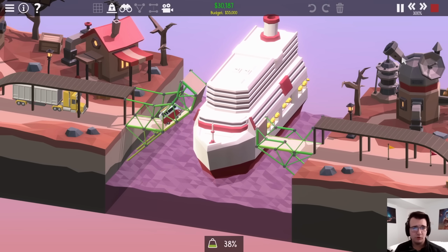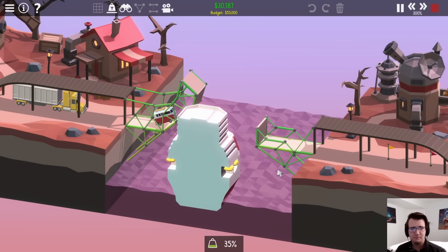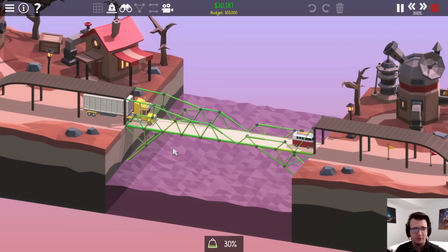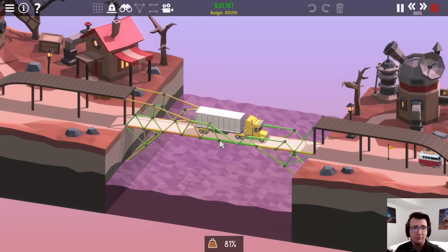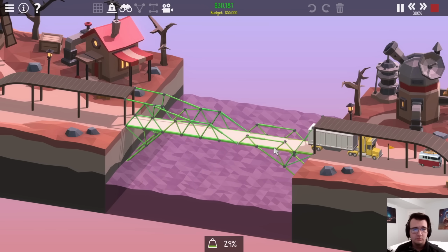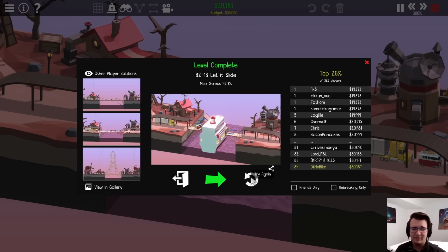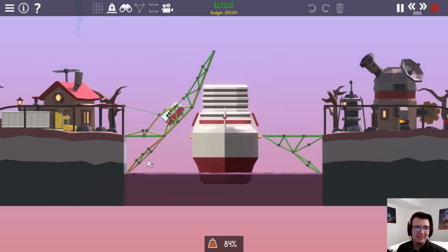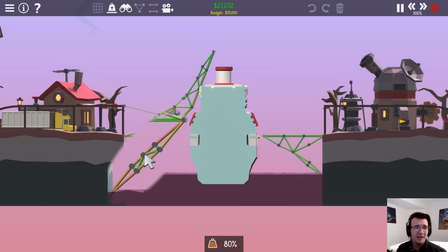I'm starting to see a lot more get stressed. But honestly, if it doesn't break, that's all I care about. Next thing I'm going to have to do is figure out how to reduce hydraulics. And that genuinely scares me. I feel like I gotta get $10,000 off still. I found another breakthrough. The bottom left weird contraption could be replaced by a long toothpick with a joint in